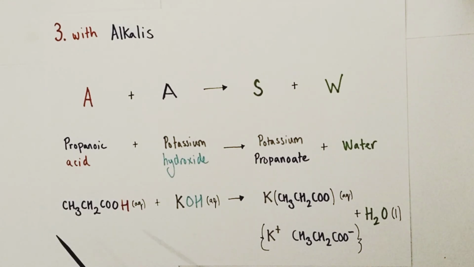The balanced equation: there is the formula of propanoic acid. Again, I've highlighted the hydrogen ion being lost as the red hydrogen at the end of the molecule. Potassium hydroxide, the OH, is the alkali component which will go on to form our water. And then, how do I get the formula of the salt, which is KCH3CH2COO all together? Well, you take the positive potassium ion, and if we lose the hydrogen ion from the propanoic